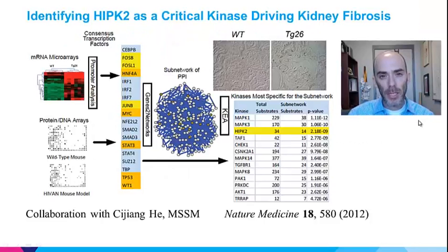So we used that process for a study that was published in 2012 in collaboration with Jiang He, who is a physician scientist at Mount Sinai, and is studying kidney disease. His area of research also involved studying HIVAN, which is HIV-associated nephropathy. Many patients with HIV develop kidney disease, and this kidney disease is caused by the introduction of HIV proteins in kidney cells. For example, when HIV proteins are expressed in podocytes, which are the cells that have foot processes, and those cells have those foot processes that set up a sieve that does not allow proteins to enter the